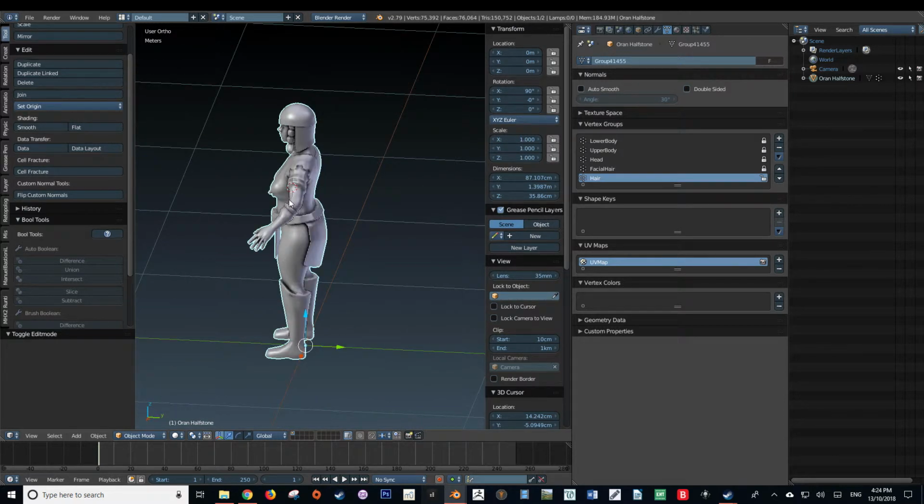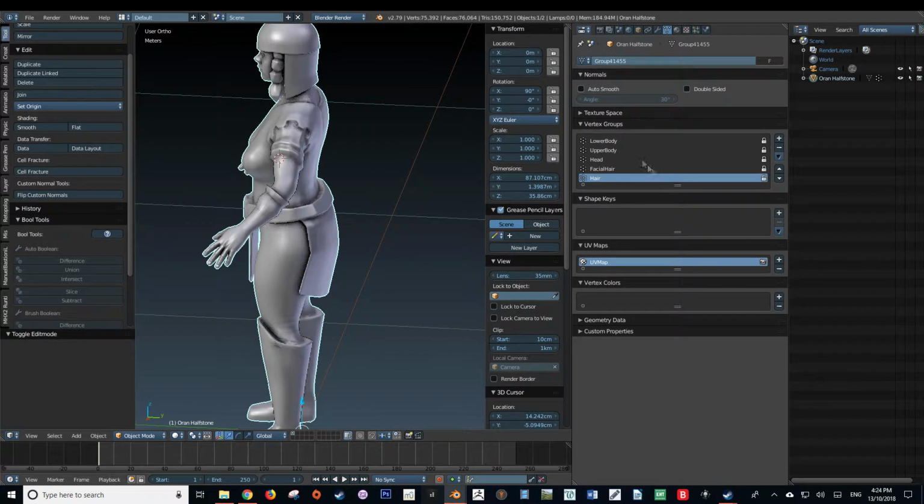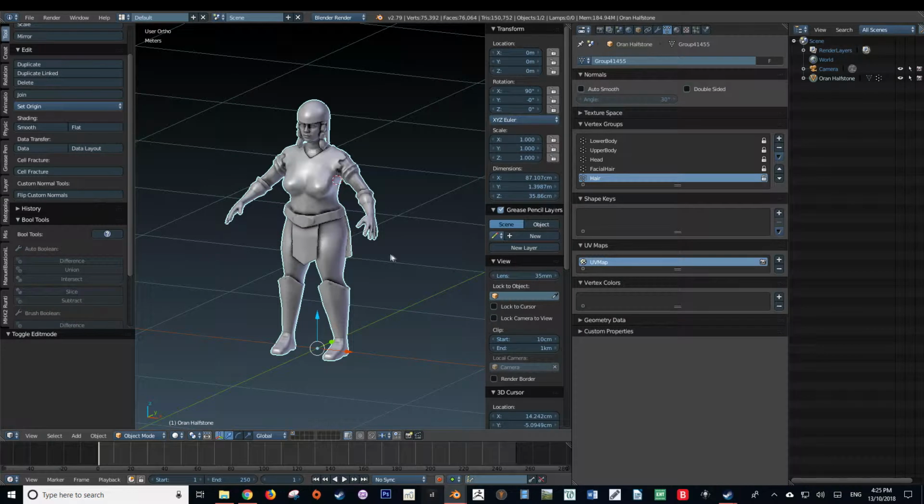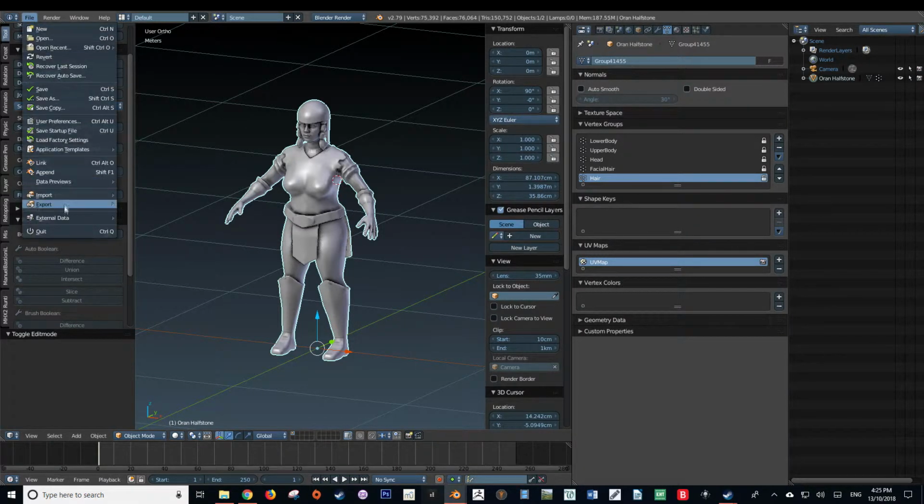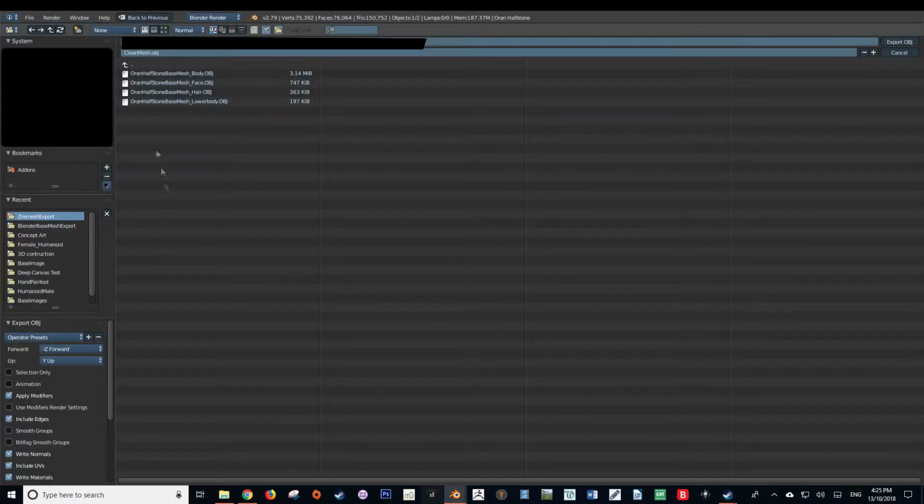Now that we have our vertex groups created, we can now export our object. So we're going to go up to our file, and then we're going to select export, and then export as Wavefront OBJ. You can save this in any directory, just make sure that it's appropriate and that it conforms to a file naming convention, as organization in 3D is one of the most key and most powerful things that you can get right. Because if you've got poor organization skills, like I do most of the time,